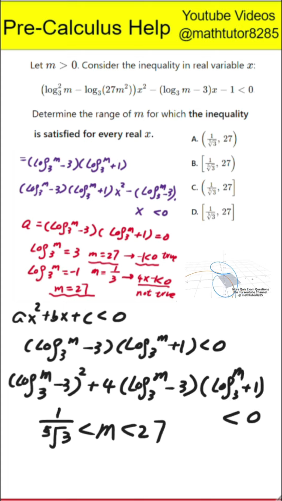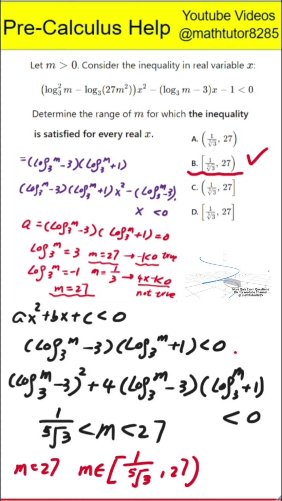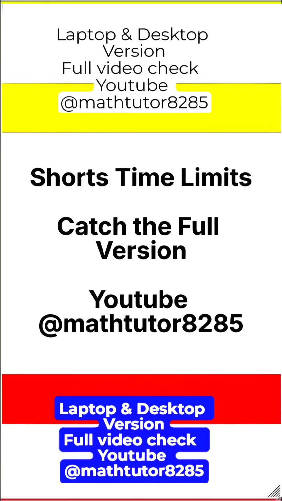Solving these 2 conditions together gives that m must be strictly between 1 divided by the 5th root of 3 and 27. After that, next step, combine the general solution with the special case. From step 3, m must lie strictly between 1 divided by the 5th root of 3 and 27. From step 2, m equals 27 is also acceptable, but m equals 1/3 is not. Therefore, combining everything, the complete set of all valid values of m is the interval starting at 1 divided by the 5th